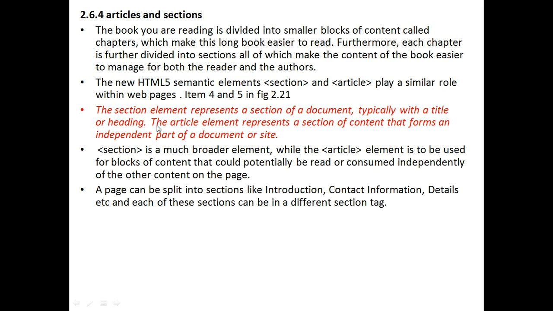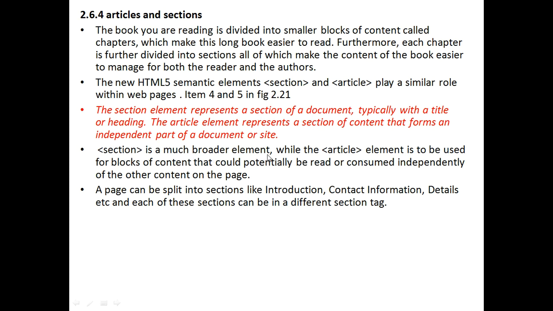The article element represents a section of content that forms an independent part of the document. Like headings, a main portion, we represent as a section. A sub portion which represents the data or section content, we represent as an article. Clear? These are two important points here.